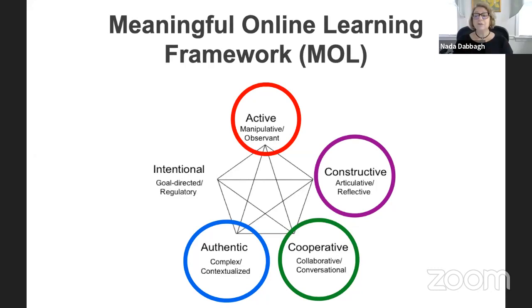So you want to engage your students in real world complex problems. Don't try to make things easy for them. Don't strip the complexity of your field. So if you're teaching biology, don't try to make biology very easy. Keep it at its level of complexity. Try to get the students to engage in authentic tasks. What do biologists do in the real world? What do biomedics do in the real world? Bring them authentic examples to the table and have them then try to solve them, engage them in problem solving,